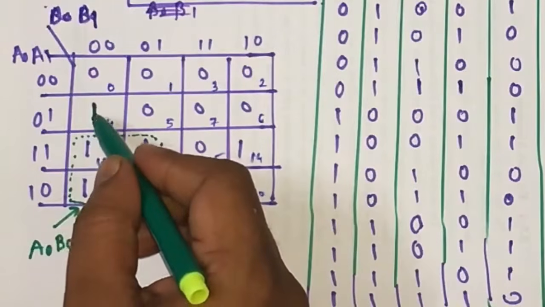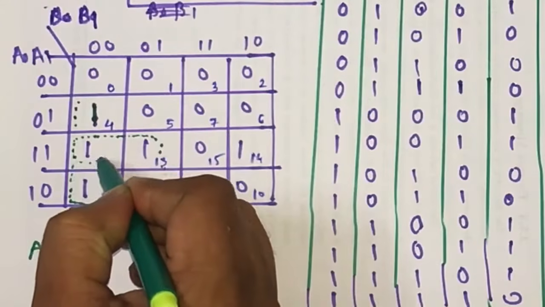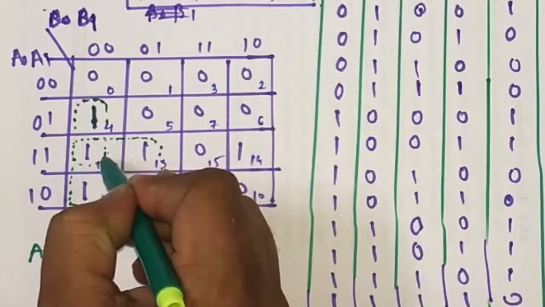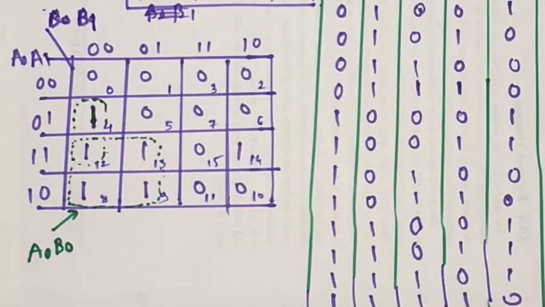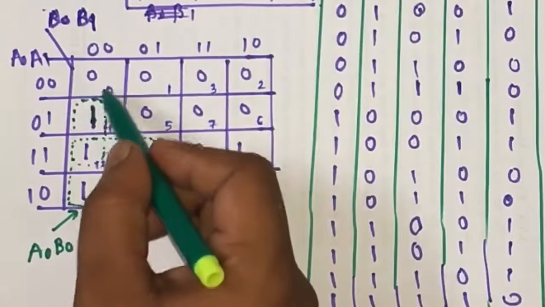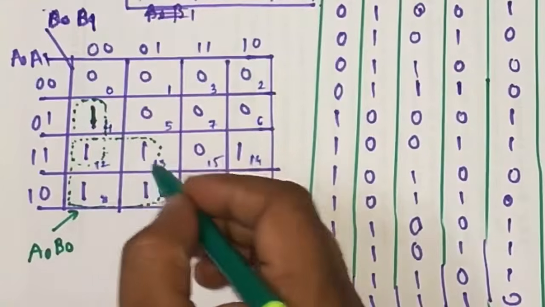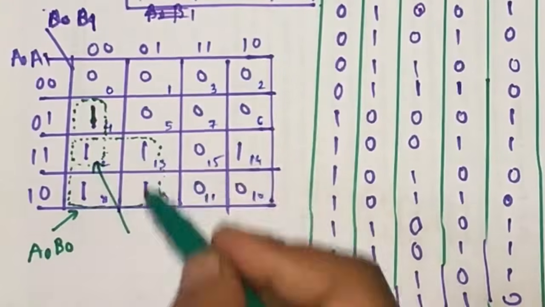Now this one is adjacent to this one. So if we form this pair, overlapping pair is allowed in the K-map as per the rule. But when to go for the overlap pair? If a non-overlap pair is not able to form, that time we go towards the overlap pair. But here there is no possibility of a non-overlap pair, so we form here the overlap pair.